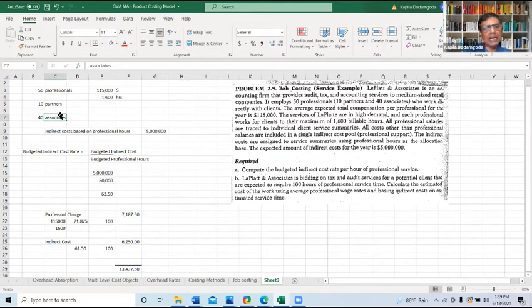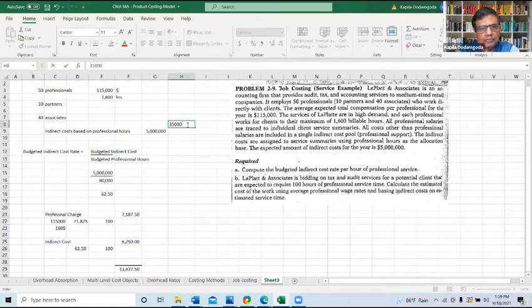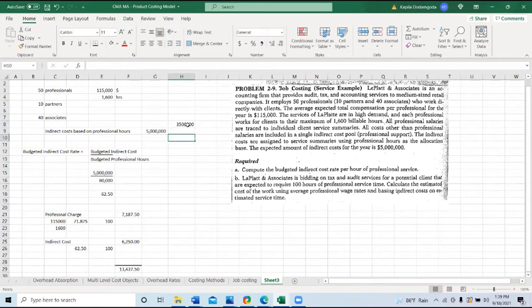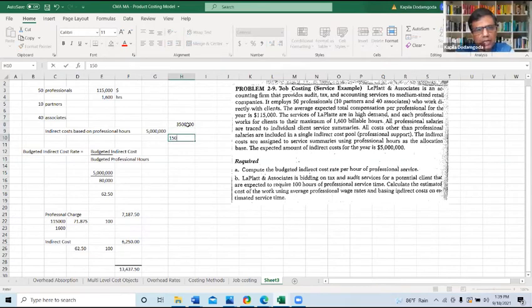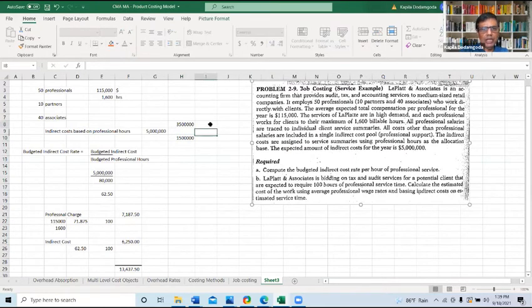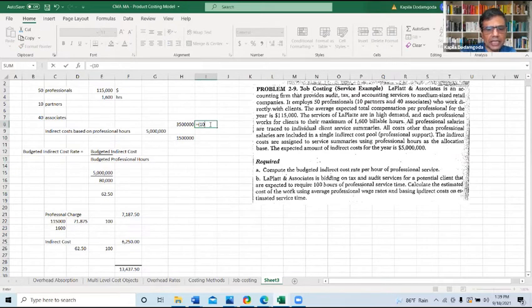So you separate that, and thereafter, instead of having the same budgeted professional hour rate, you may have, say for example, 3.5 million as the overhead relating to the partners, and 1.5 million as the overhead related to the associates, something like this. If you have this breakdown, then since you have only 10 partners, 10 into 1,600 will be the partner hours.